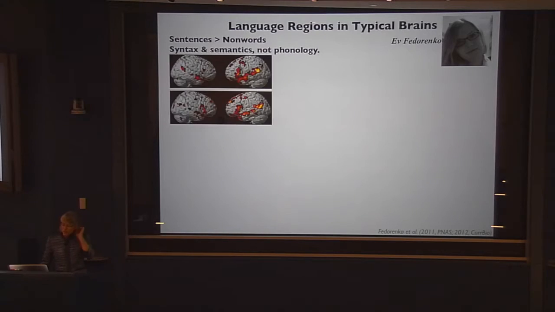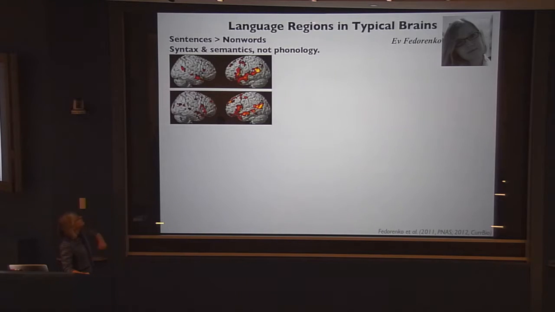So she started off by contrasting the response when people read sentences versus when they read strings of pronounceable non-words. In both cases, you have to remember the string, whether it's a sentence or a list of non-words, because you get a probe item at the end, and you have to say whether that item was in the sentence or the string. Actually, that task is a lot harder in the non-word task than the sentence task. We wanted to push mental effort in the opposite direction of sentence processing so that we didn't have an effort confound with the sentence responses.